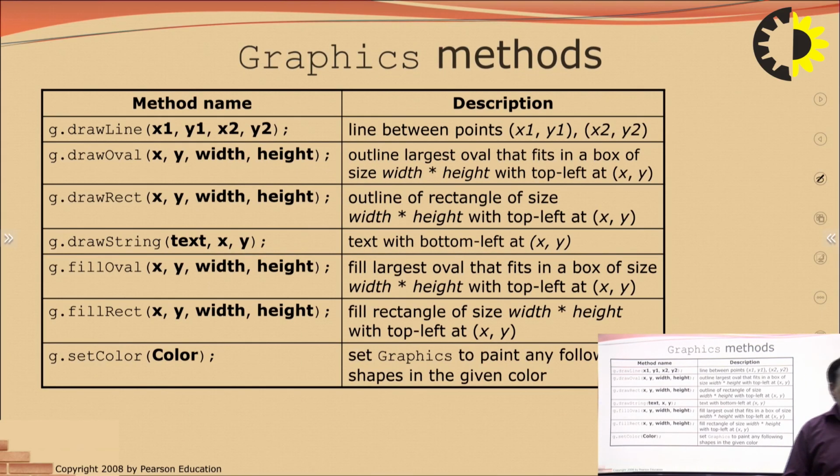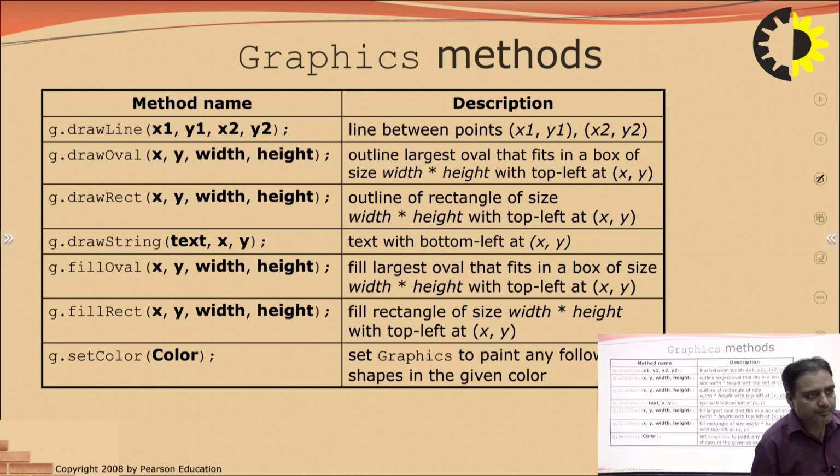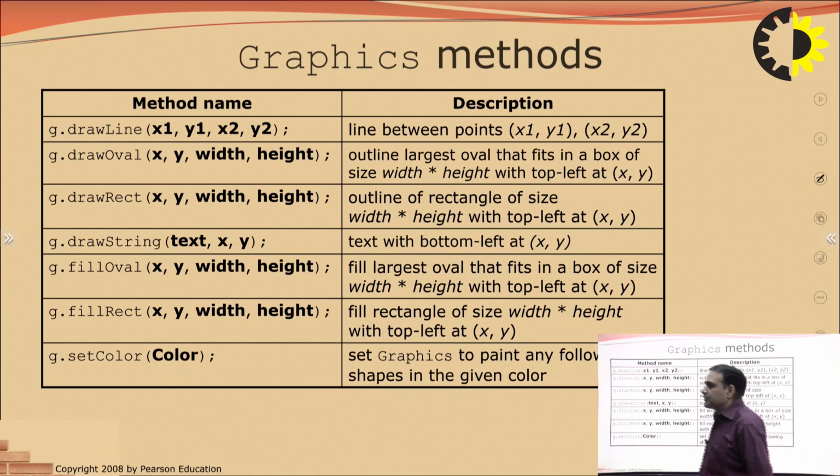Graphics methods are methods by which we can draw pictures. Draw line, draw oval. You can see here in the first method that there are 4 parameters, 4 input parameters. Draw oval, that is 4. Draw rect, that is 4. Draw string takes text and xy, where xy are the coordinates at which the string is to be placed. And draw line takes x1 y1 x2 y2, 4 parameters, that is 2 coordinates, which must be available for drawing a line.